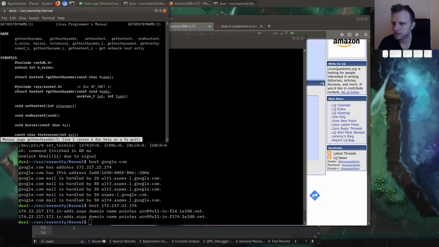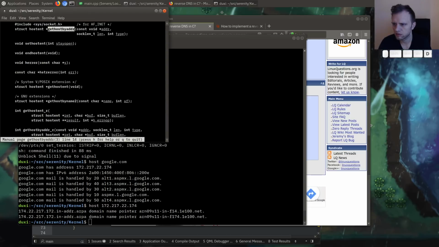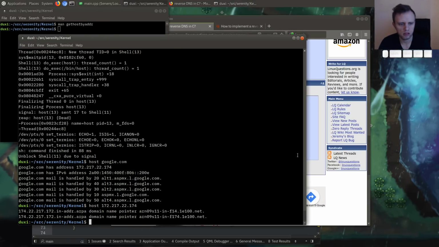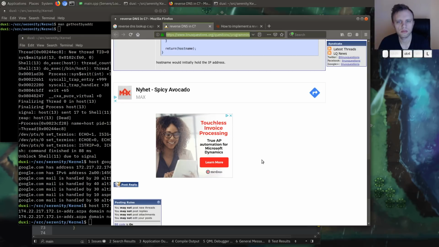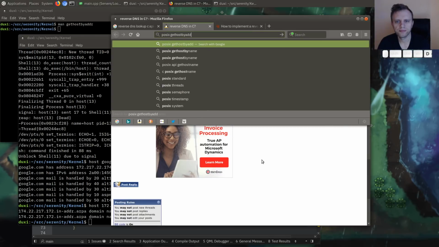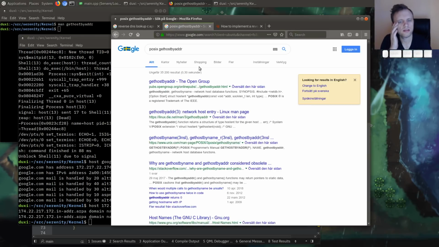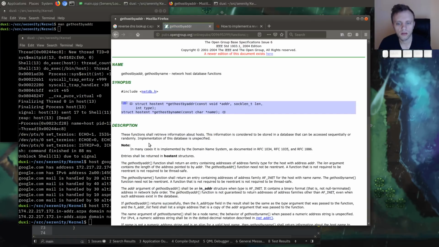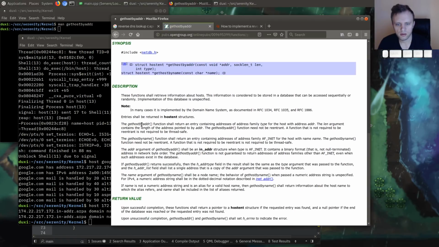Is that what we want? gethostbyaddr. Guess that would work. Let me just look that up in POSIX. gethostbyaddr should return an entry of